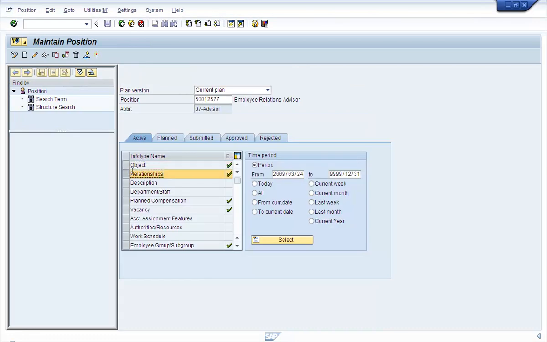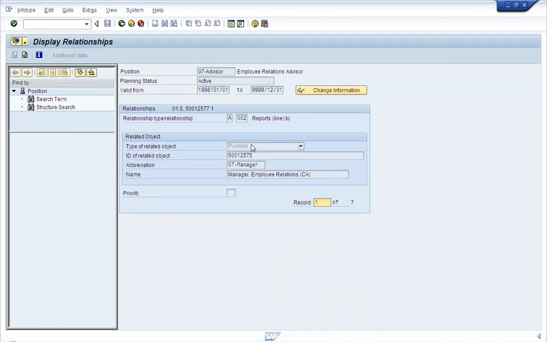Now the relationship info type 1001 gives access to the relationship between the position 2577 and the other elements within the org units or org structure. For example, the relationship between 2575 and 2577 is that 2575 is 2577's manager.